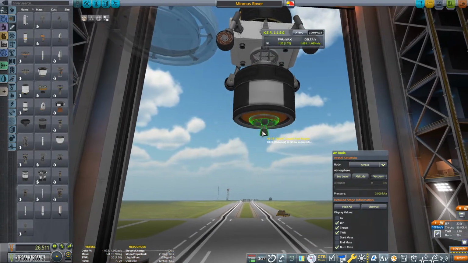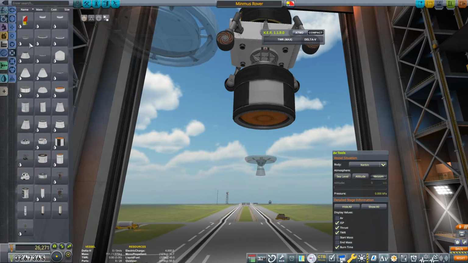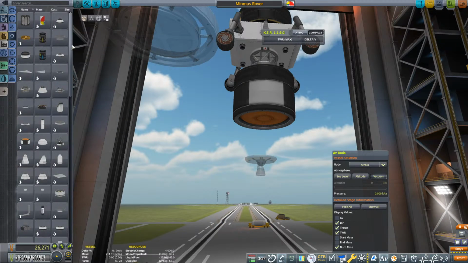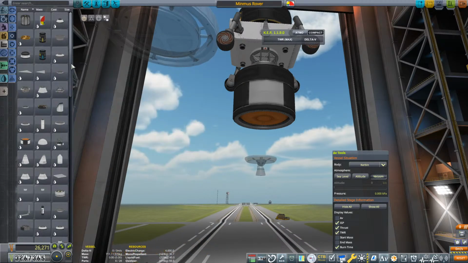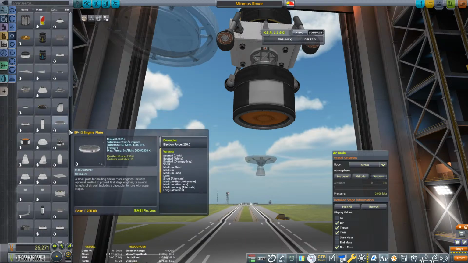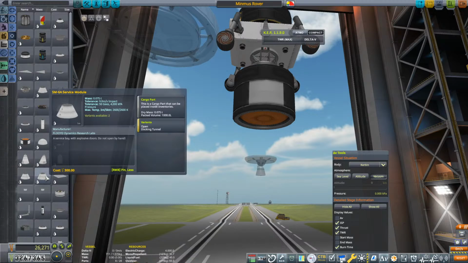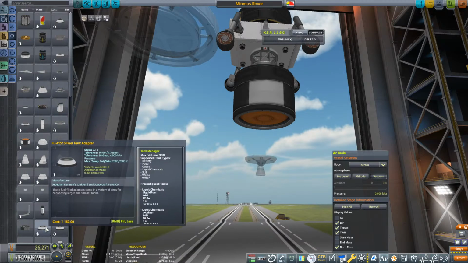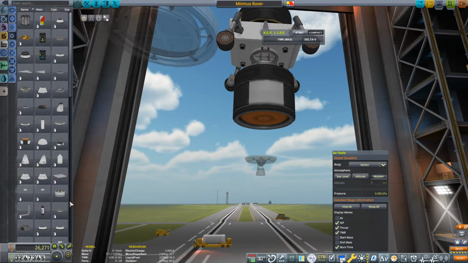A little low on the Delta V, but if I can find a 1.25 type of fuelie adapter that's got no fuel in it, something with fuel in it. I got nothing like that, do I? No. That's going bigger, not smaller. Shoot, shoot, shoot. Okay, well, we can